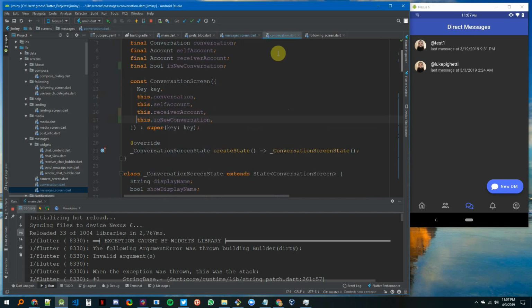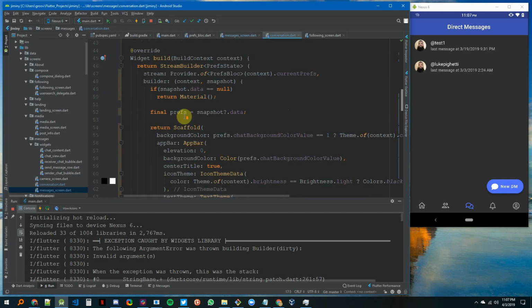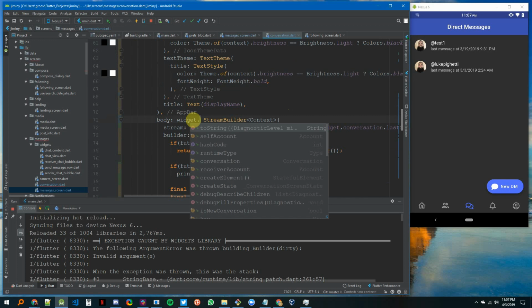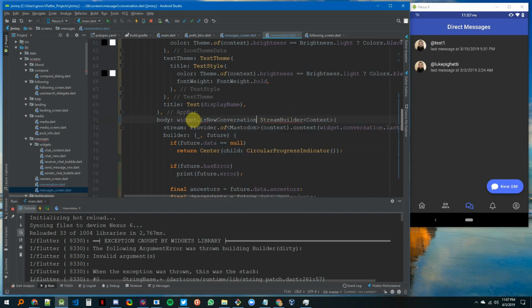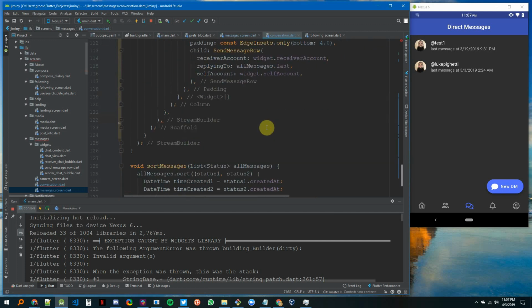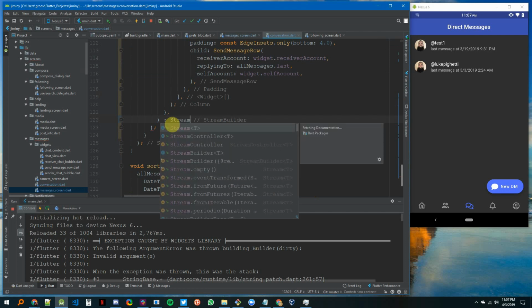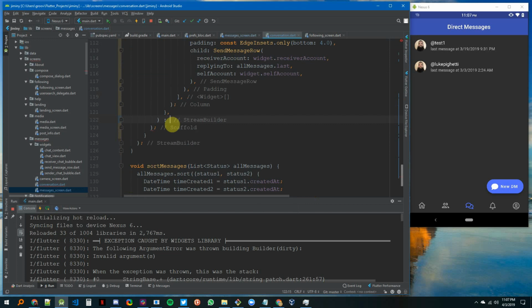Great. Now at this point, I need to build the UI based off of that. So if widget.isNewConversation equals false, then return that stream builder. Else, have a stream builder, maybe not. Have a